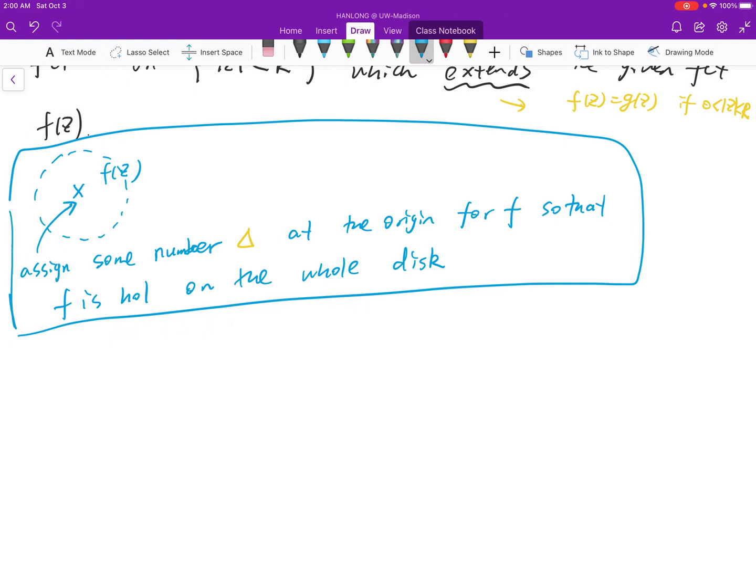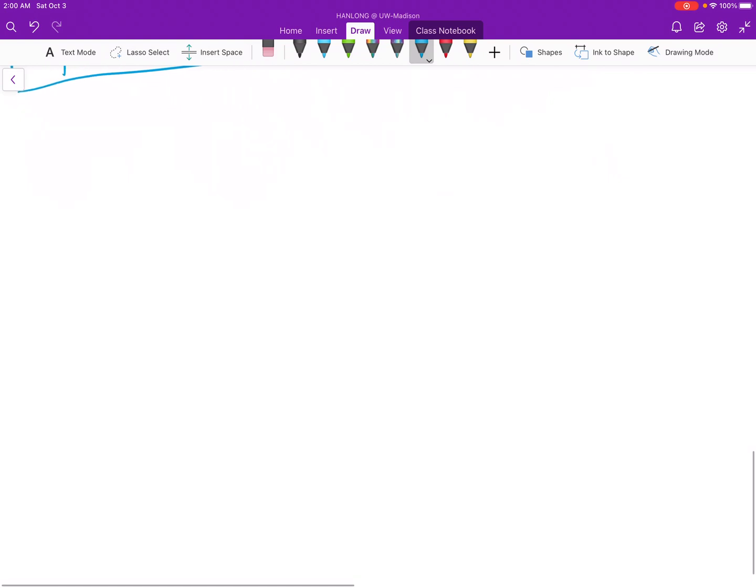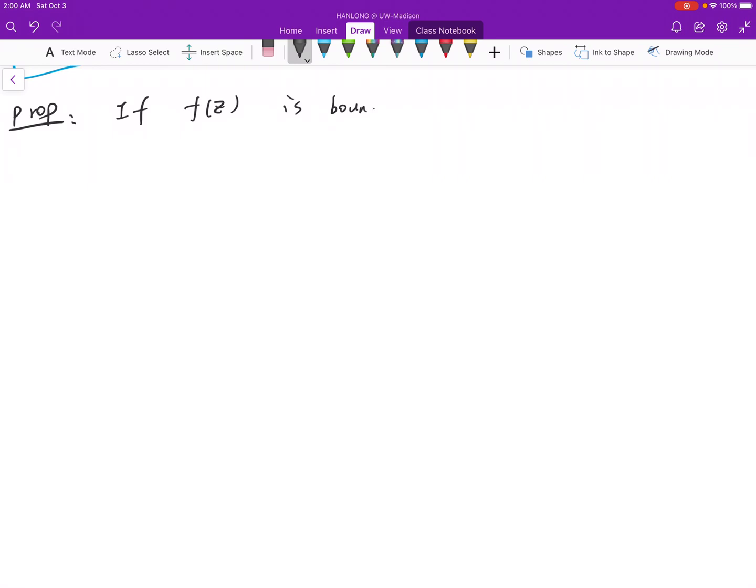So that's a precise definition for removable singularity. Okay, and from the definition, we can immediately draw the following proposition. If f(z) is bounded on some punctured disk or deleted neighborhood of a,